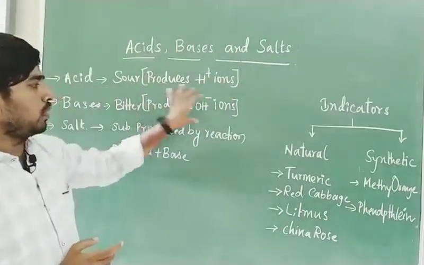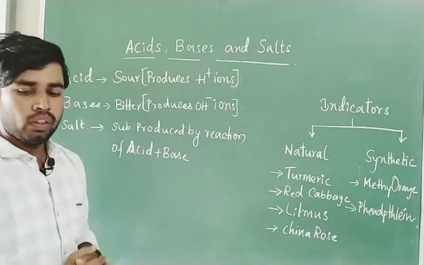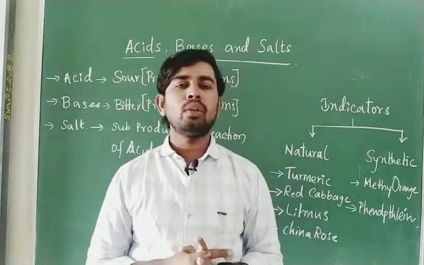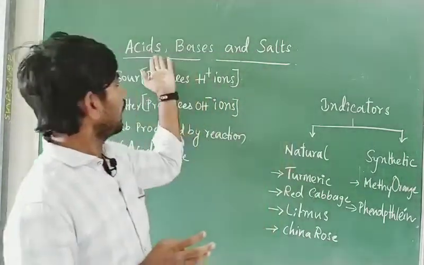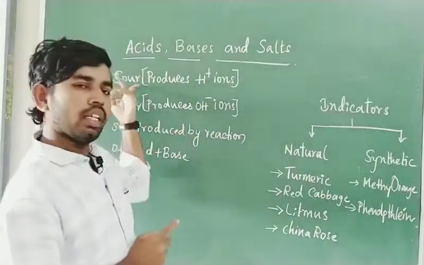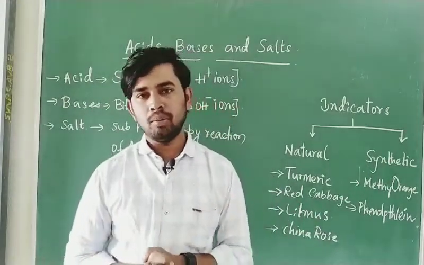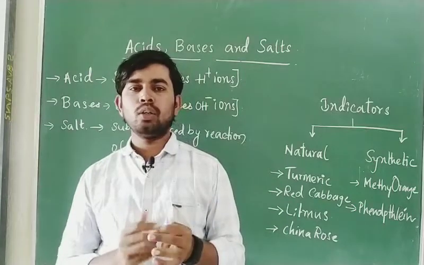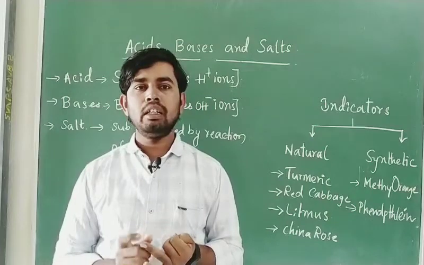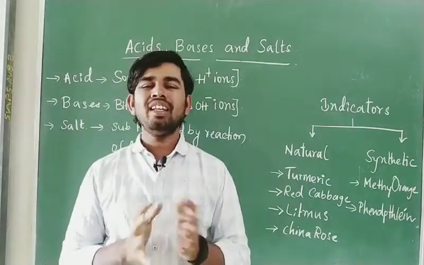Base means it should produce OH minus ions when we add it to water. Okay. So, generally we have many substances. Some substances we classify into mainly three categories: acids, bases and salts, just by seeing their taste. If you go to the kitchen, you can see many edible substances there. Bitter gourd, cucumber, vinegar, baking soda, salt we can see. Okay, many things are there.